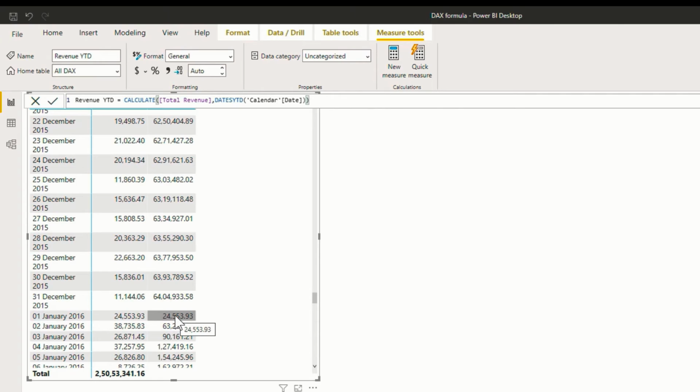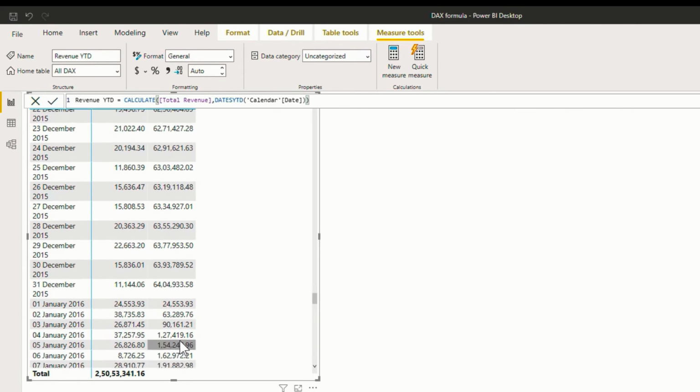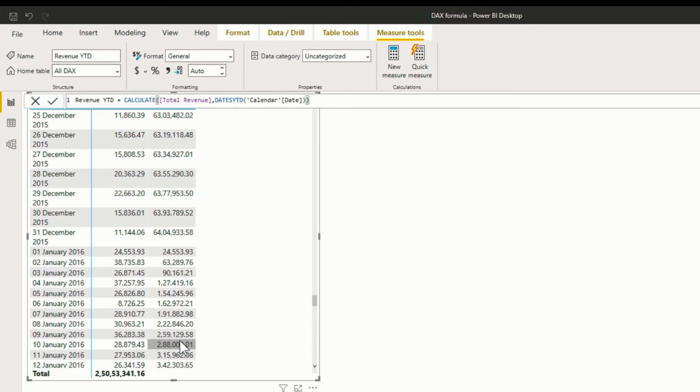So you can see that the revenue YTD for January 1st is the aggregate for only that day of the year. And as we move on to January 2nd, you can see that the revenue keeps on adding up. So it's the total revenue for 2nd January and 1st January, and so on it goes on till the end of the year 2016 as well. So that is how the YTD calculation works.